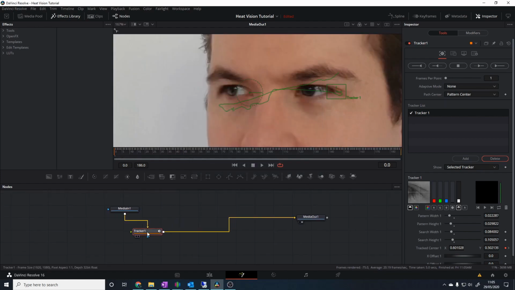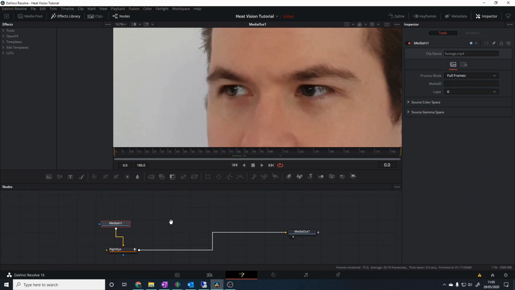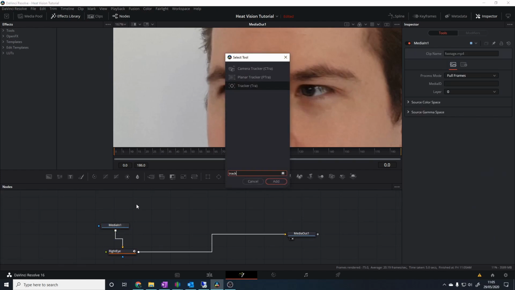I'm going to rename the tracker, hit F2 and call it right eye. I know it's my left eye, but just for the sake of being easily able to see which is which, I'm going to name it that. And then let's do the same for our left eye. So again, I'm going to add a tracker node,